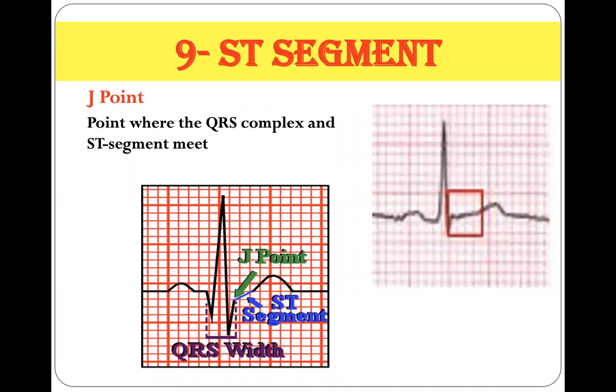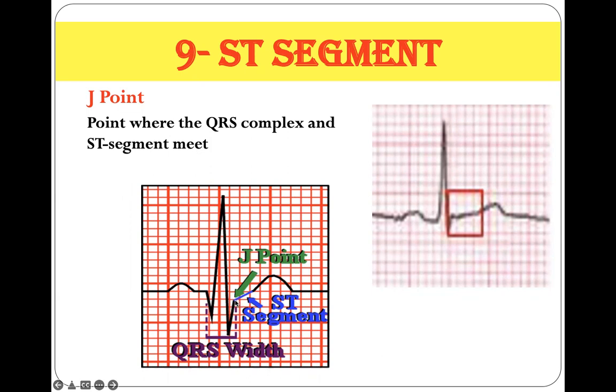Hello and welcome back. In this video, which is the ninth code in our 12 codes for ECG interpretation, we'll discuss the ST segment, which is very important and highly indicative of a wide variety of pathologies. As you know, this is the ST segment, which is an isoelectric segment normally representing the initial phase of ventricular repolarization. And as we have mentioned,